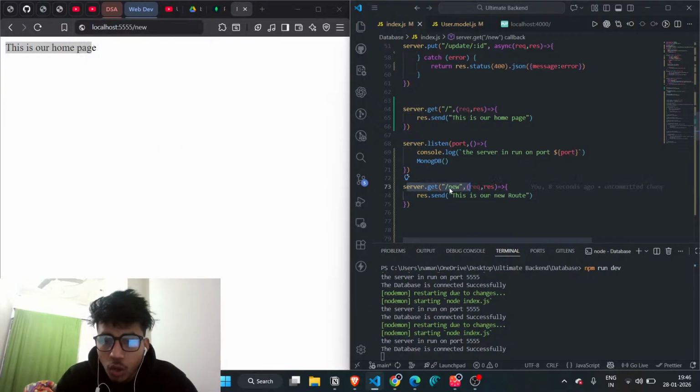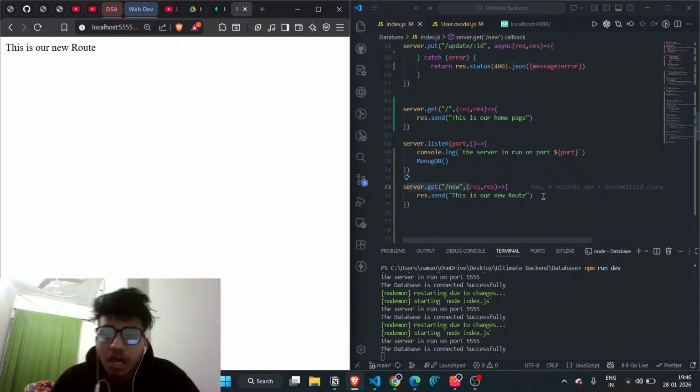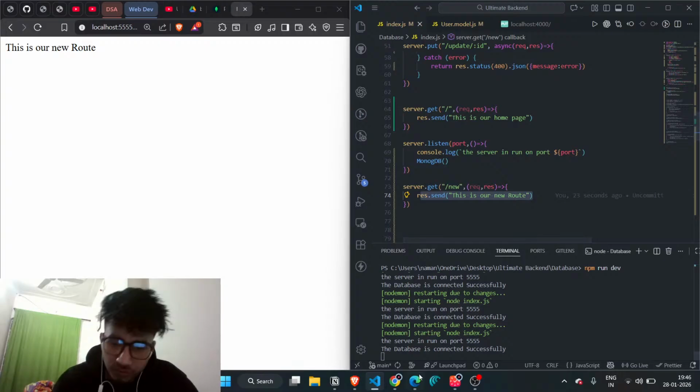ठीक है? On route hash new, just simply click on enter and you can see that this is our new route. So our server is successfully created, and on this route the server will print this particular data and output whatever you would say. Okay,